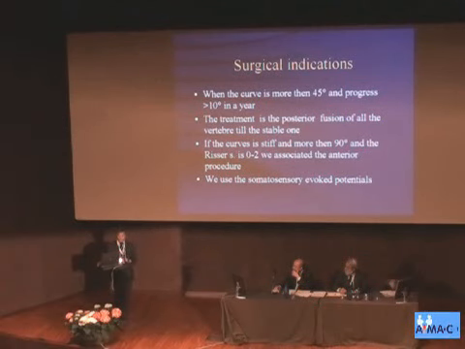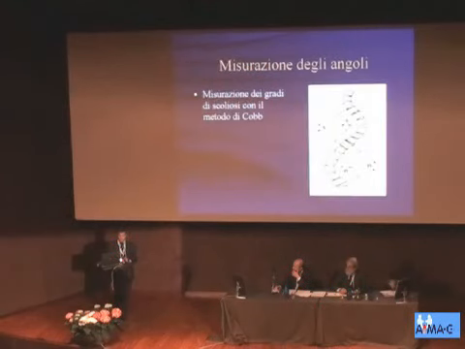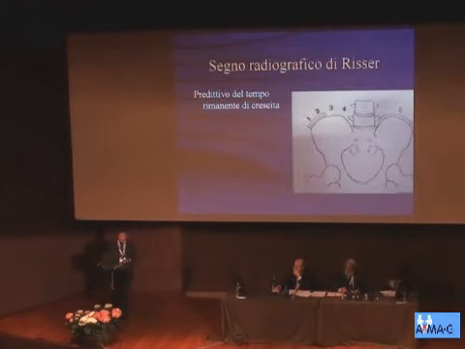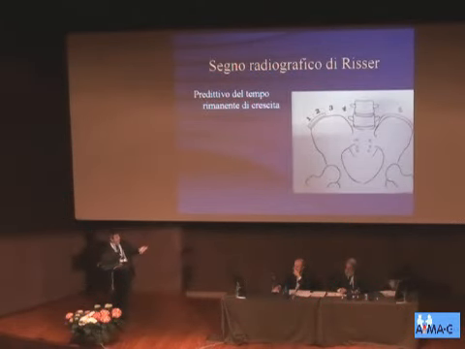And during the operation, we use evoked potential, measuring the angles or the degrees. This is Cobb's system. From the vertebra at the beginning of the curve, you have a parallel curve to the flat one, and then the right angle, and this is the Cobb angle that we measure. This is the RISA sign. When you see 1, 2, 3, 4, 5, you have closure of the